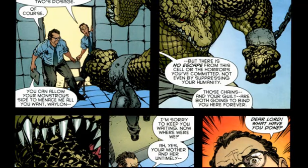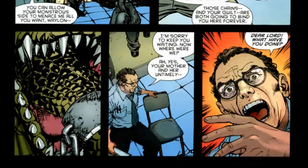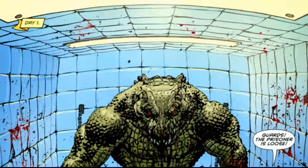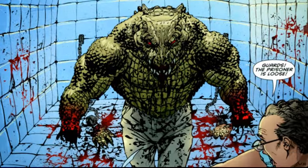Now, why did he have to go and say something like that? Then, as you can see, the little note right there is Croc putting his hand in his mouth. And what he does next, I didn't expect him to do. I always wonder why he didn't do this sooner. I don't know. But Croc goes ahead and he chops, or should I say chomps, both of his hands off,